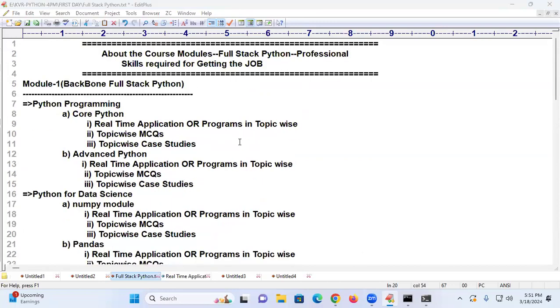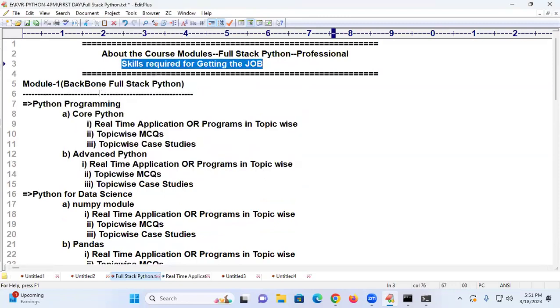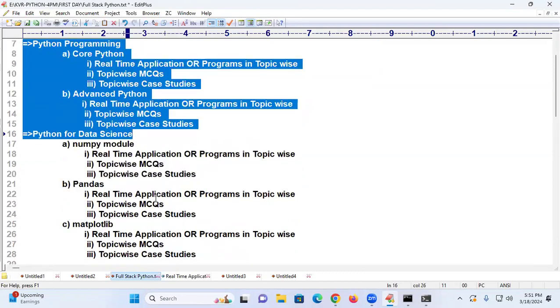Once any problem is there, you improve your skill set by covering this entire Python module. Full stack Python, you learn it. Improve your complete coding so that you will have a better future.